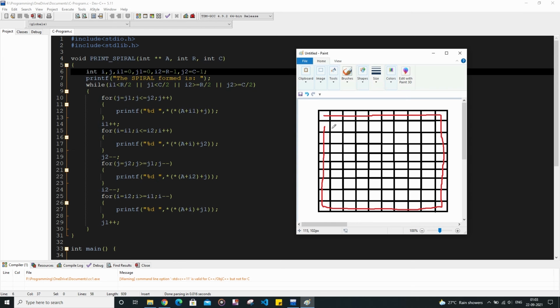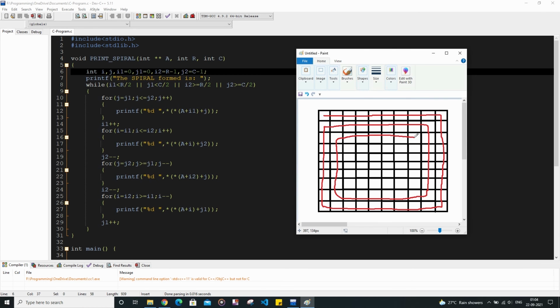One thing you might have noticed is that it is not going to print this value again, because after printing this entire row we are incrementing i1. So it will not print this row again, because we are writing here a plus i1 plus j. Likewise, the next column is also going to get printed, and the next row, then again the next column in a spiral fashion.